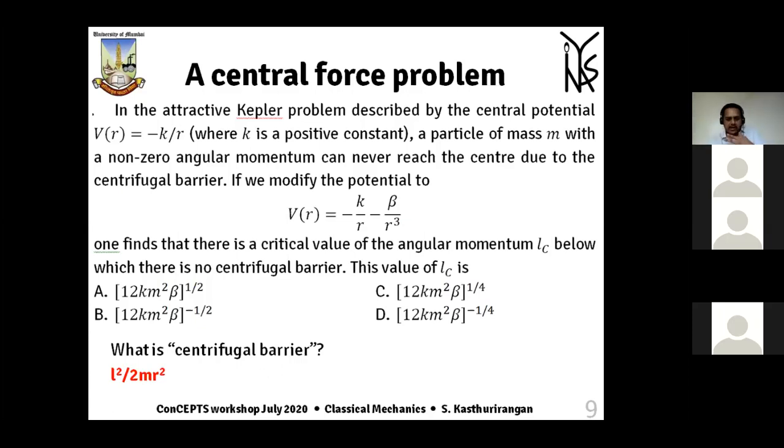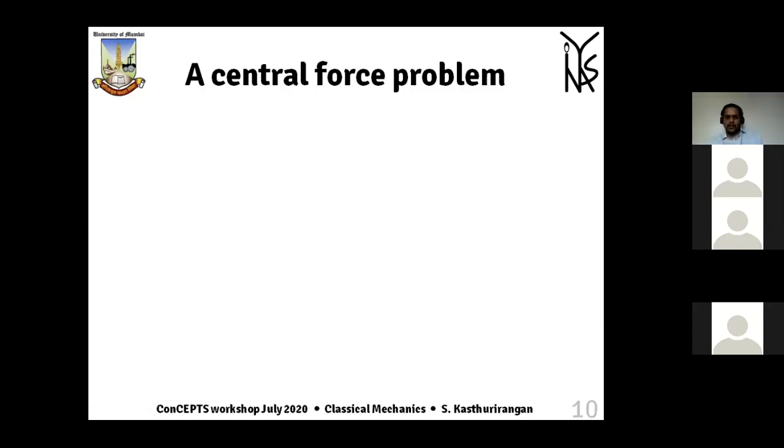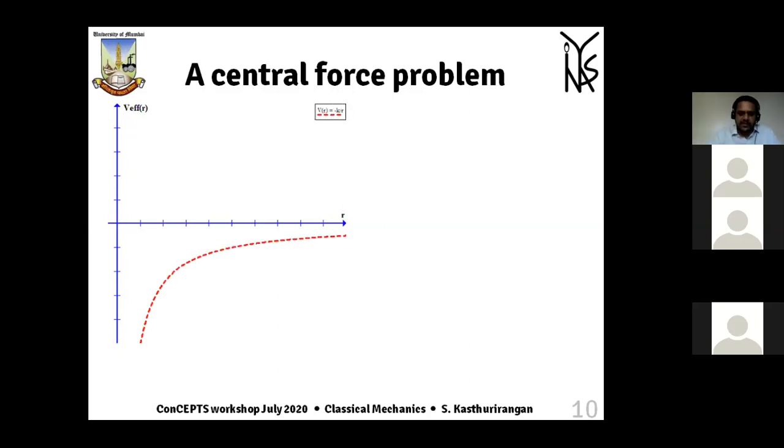And this particular term, L square by 2m r square, you take it into the potential energy and call that total thing, this actual potential energy plus the L square by 2m r square, the effective potential energy. So the one-dimensional problem in radial coordinates is basically half m r dot square as the effective kinetic energy plus the original potential added to the centrifugal barrier, that is the effective potential energy for the central radial problem. And then basically what I was saying is that you need to be able to sketch this.